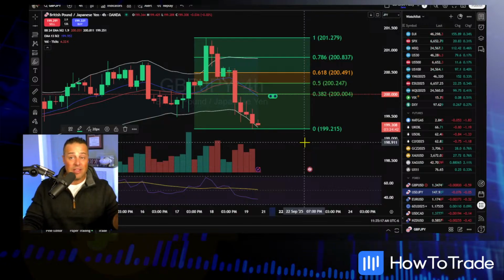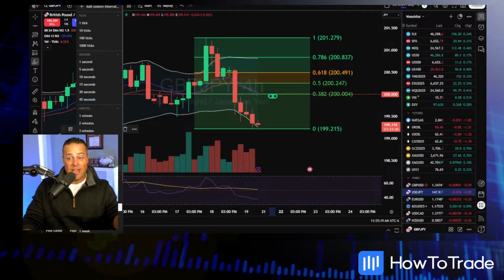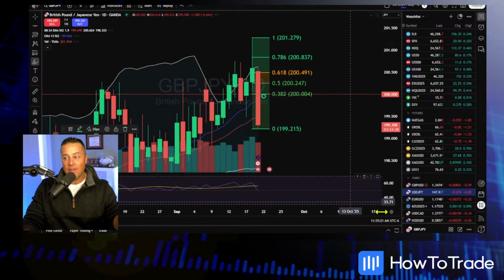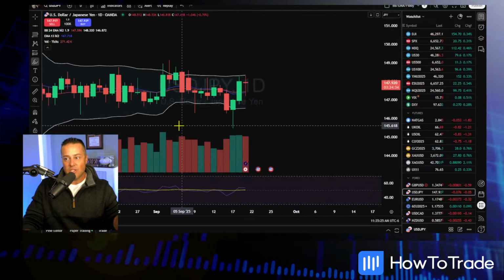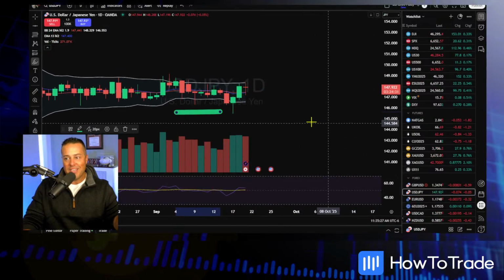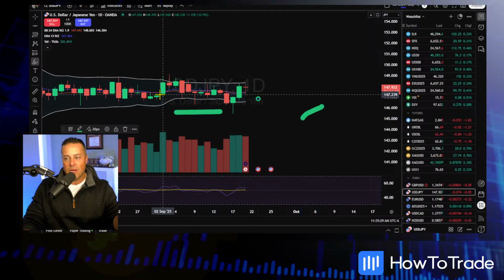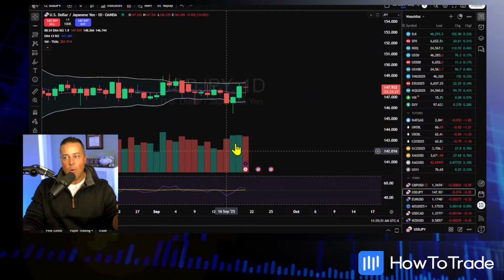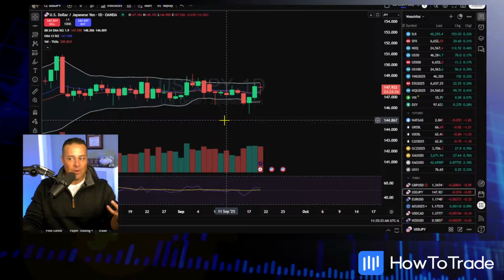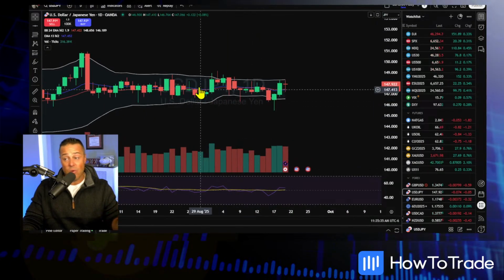Trading them daily ranges is nice. If you're range trading the yen, but like let's say you're trading the daily on the dollar yen, you're in fantastic shape. I mean, this is beautiful stuff. One of the things that I like to do, I won't really get into, turn my highlighter off. I won't get into exactly the secret sauce behind my formulas and whatnot, because I'll probably get sued.